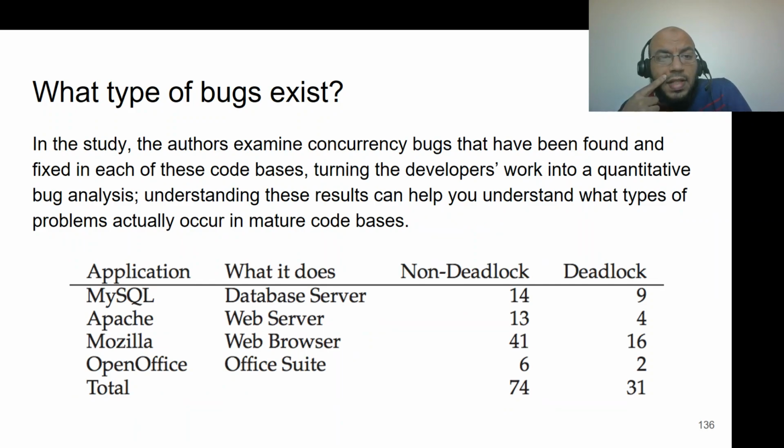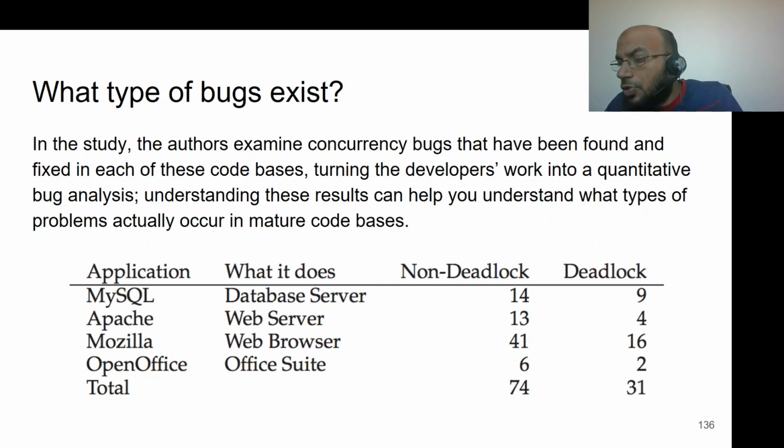And in the study, they found that although these are developed by highly skilled engineers, they still could see that there are multiple bugs in their code bases. And these are very mature code bases, developed by really skilled people. So MySQL, which is almost the backbone of almost half of the internet. It's very, very popular. Now not as popular as it was, but it is a very popular